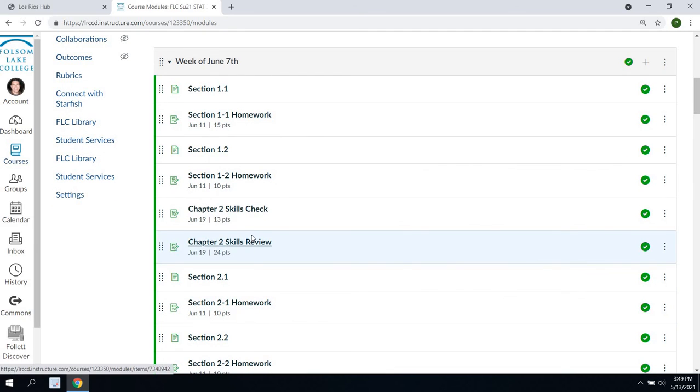Now, I put the Chapter 2 Skills Check early, even though it's not due until June 19th. Notice the homework has due dates that precede the exam. I just want to make sure that you're working through the class in a way that helps you to finish on time. Again, you can work ahead. When you're ready to do the skills check, do the skills check first and then the skills review. The skills check is a quiz, and if you do really well on it, it gives you automatic points for this skills review. So if I click on skills check,